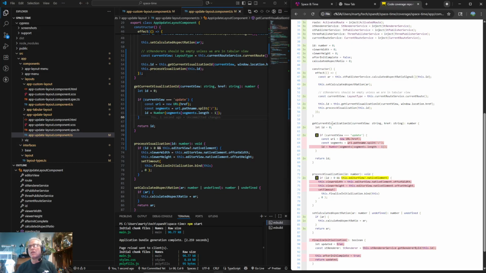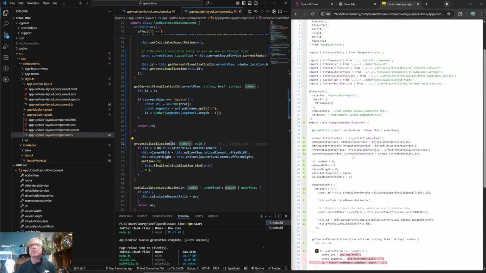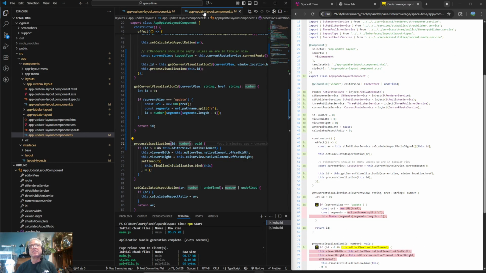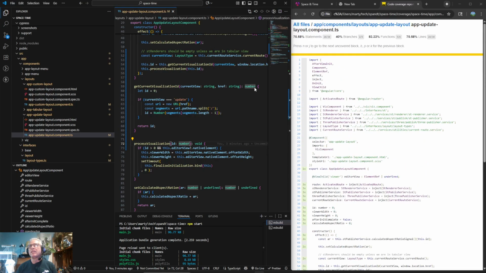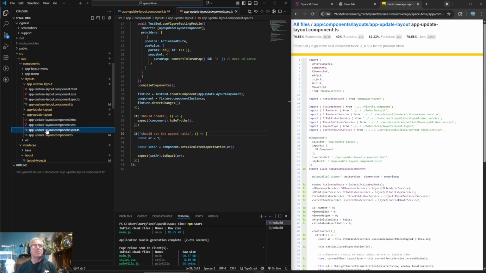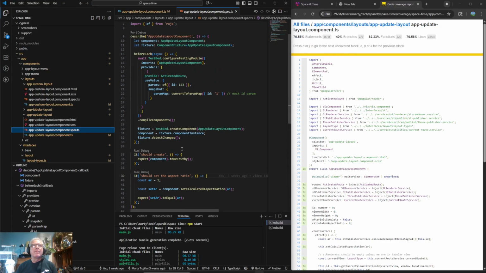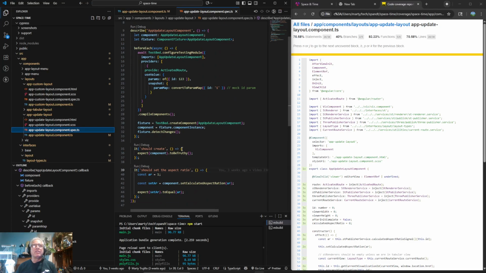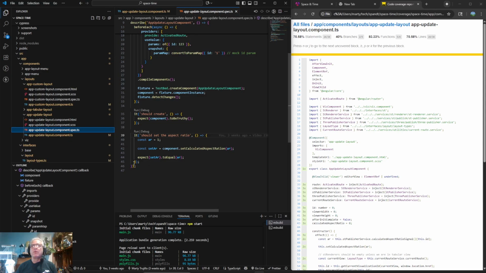But for now, let's work on the get current visualization. So basically, we just want to double check this is the right update layout component. Let's just close everything else. This is update layout component, and so here's our spec. We don't have much in here. We have one that corrects it, and then we have one that sets the aspect ratio. So it should